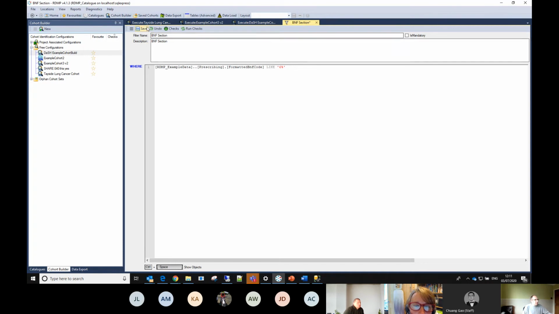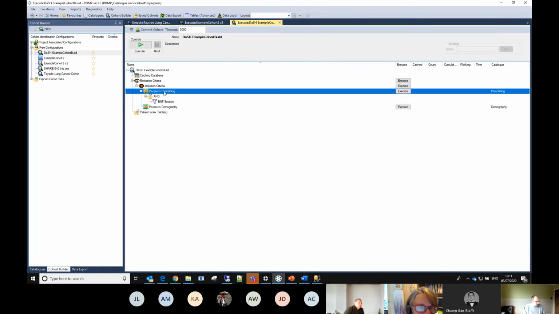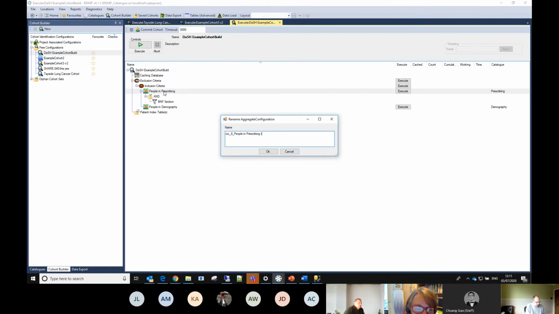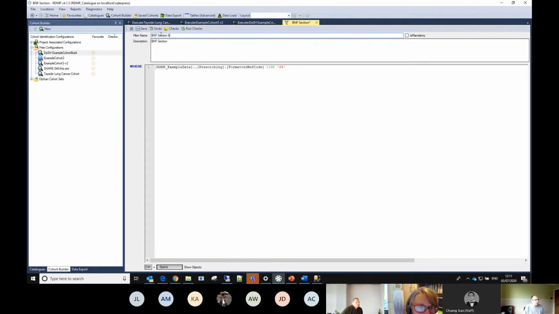I usually go with 6 because it's diabetes and we do a lot of diabetes work within HIC. So we've now got people in prescribing. Let's change it to say diabetes, just to reflect what we've actually got. I guess I should have changed that as well to BNF section 6.